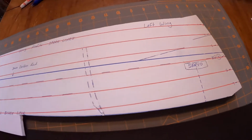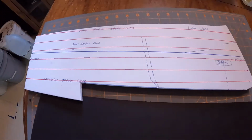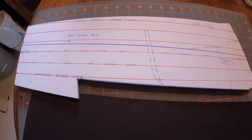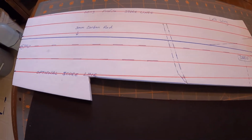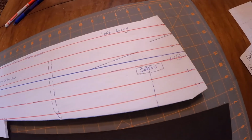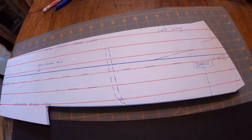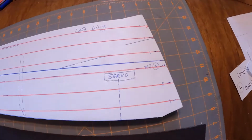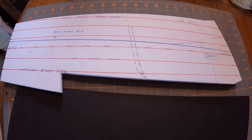So these templates I have made for every part of the airplane, and what I'm going to do is either put them in a long skinny box, or something. I'll find a box. I think I'd rather have a box because a box is stackable. I'll probably just make a really thin cardboard box, like an airplane box, and I'll put all these template pieces in there and save them for the future. Or who knows, if I get tired of it someday, I could just sell my box of template parts,